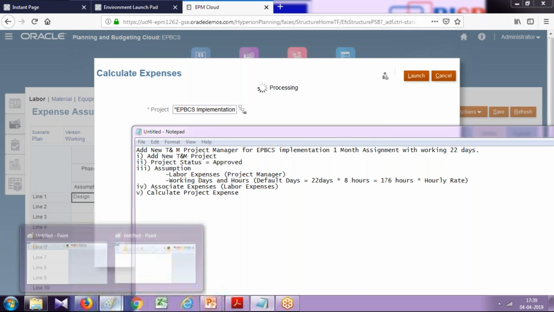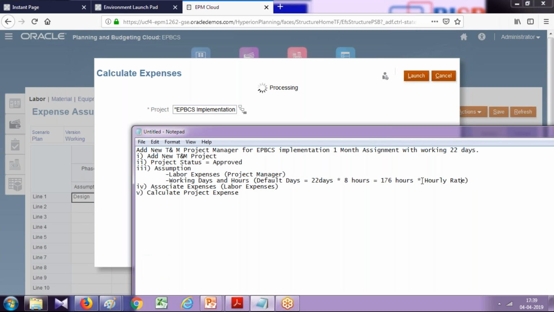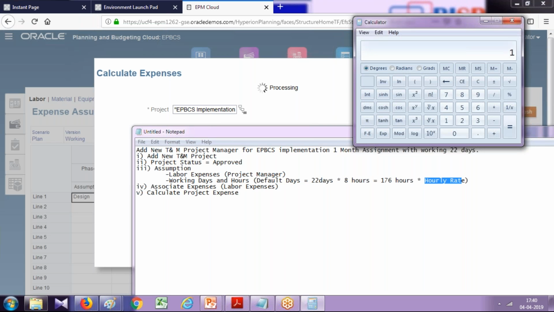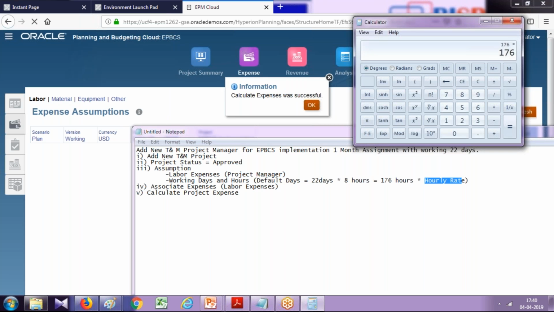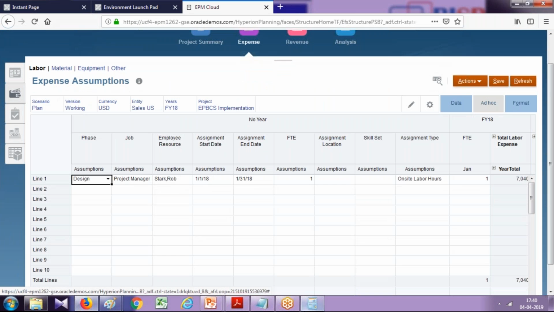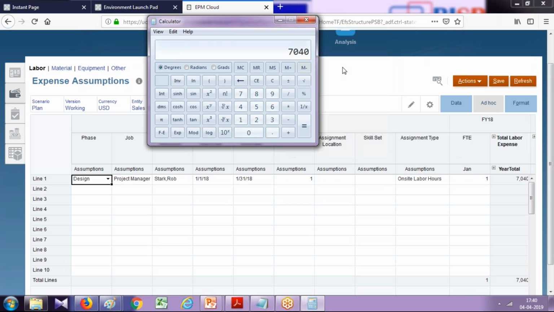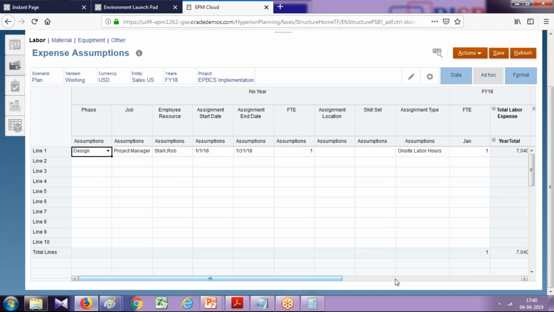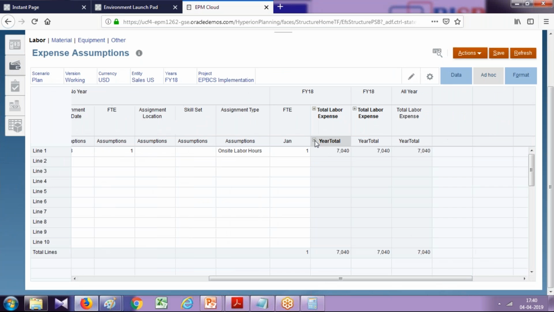Okay, we haven't taken a snapshot. So whatever hours come, multiply by the hourly rate, I think it is 40. This is the value to be calculated as a project expense. 176 multiplied by 40. So you see, this is what we calculated, 176 multiplied by 40, 7040. This is the project expense. You see it is calculated, and because we consider this only 1 month billing,